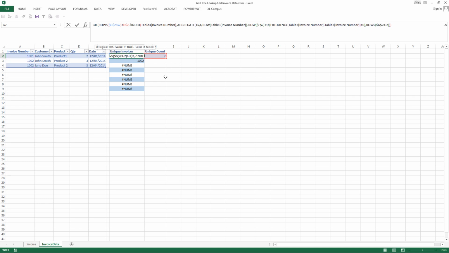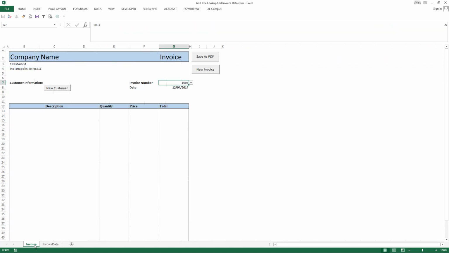Then we want to say, oops, a null text string, and add another parenthesis at the end. Let's go ahead and drag it down, and that fixes that. Okay, so now that we have that, we want to go ahead and have a data validation right here that will allow